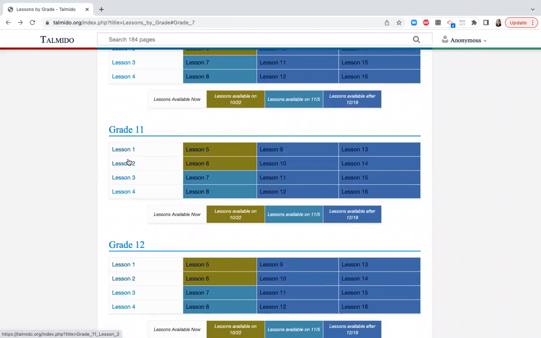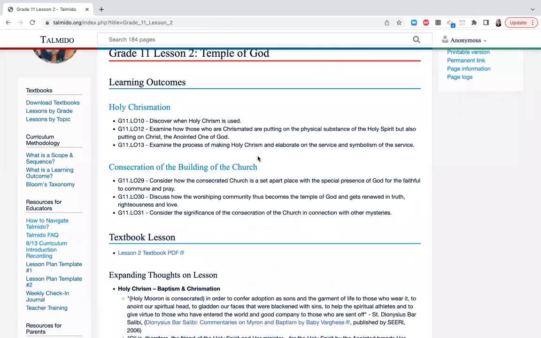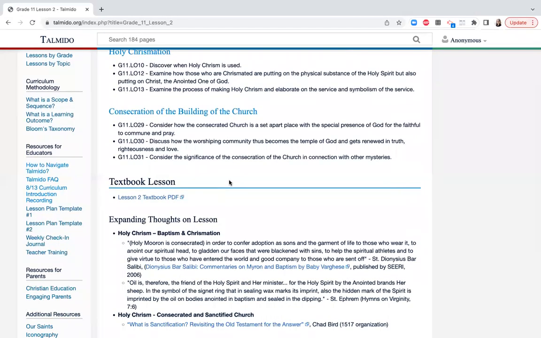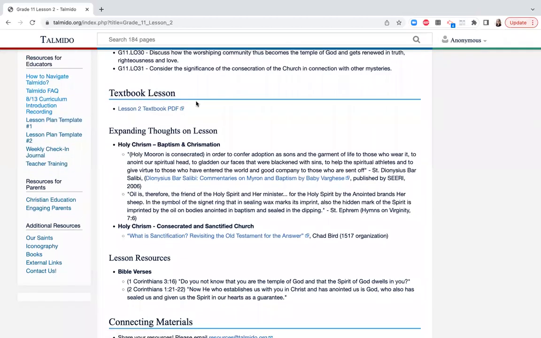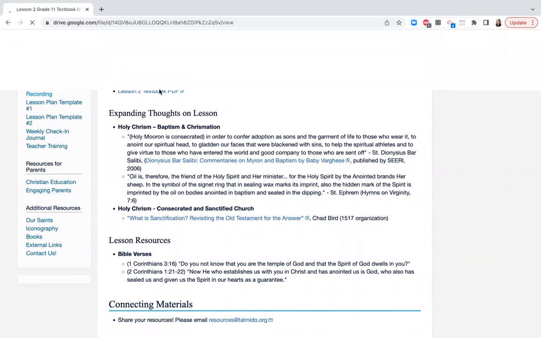So I'm going to go ahead and arbitrarily pick grade 11, lesson 2. And again, you're going to see a similar format. Each lesson has a Thalmido page of its own that tells us what learning outcomes are going to be covered in that lesson. We're going to have the lesson PDF available as well as any other connecting resources. So if I go ahead and click that textbook lesson link,